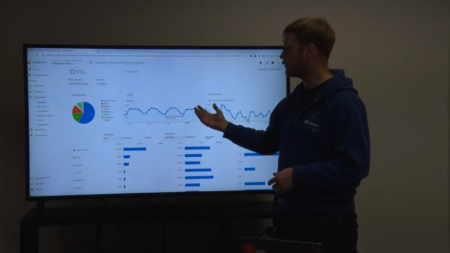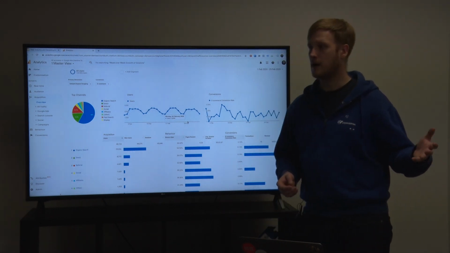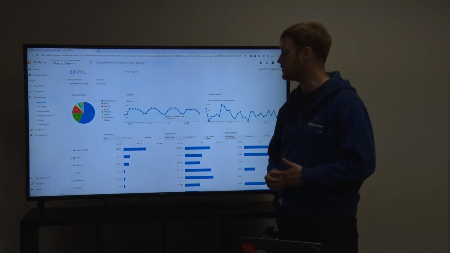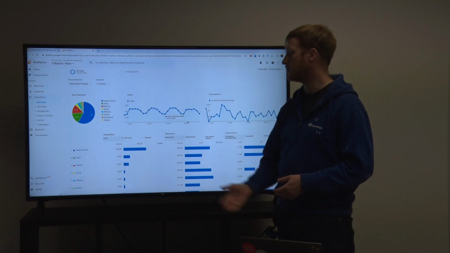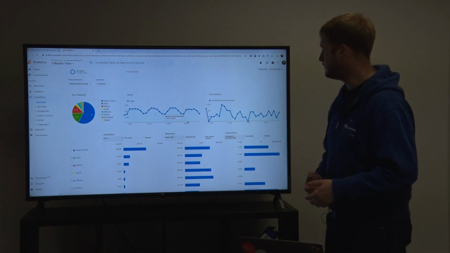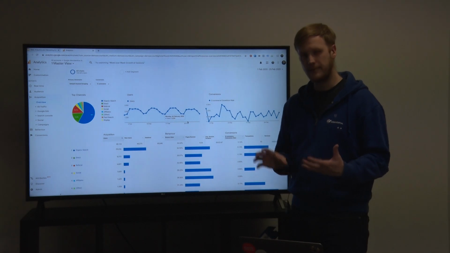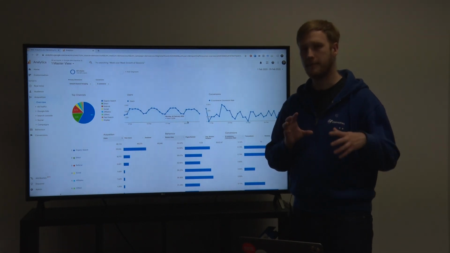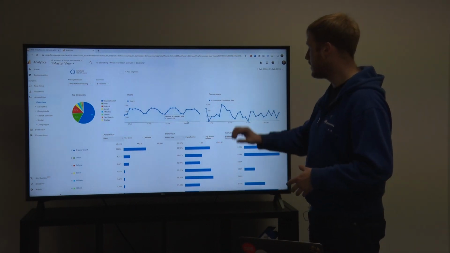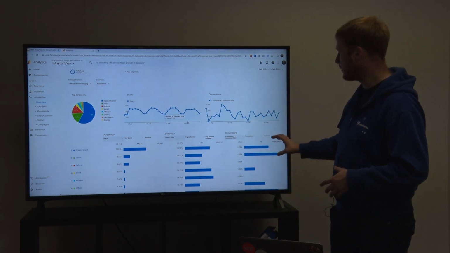Social, it could be Facebook, YouTube, Instagram. Affiliates, so if there are companies who are sending warm leads to you, you can track your affiliate partners, affiliate marketers who are doing some marketing for you. Paid search is Google AdWords, Google Ads. Display is banner advertising. And again, in the acquisition report, you can see all the metrics based on the source dimension. So how many users from each type of channel came, what was the quality, so what was the bounce rate, how many pages they looked at, and also how many transactions came